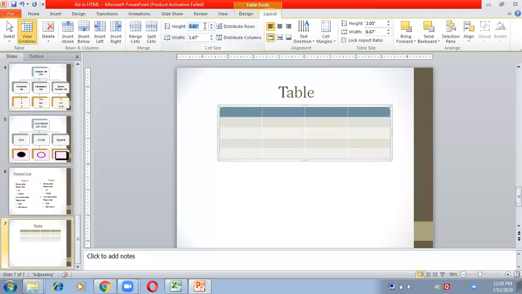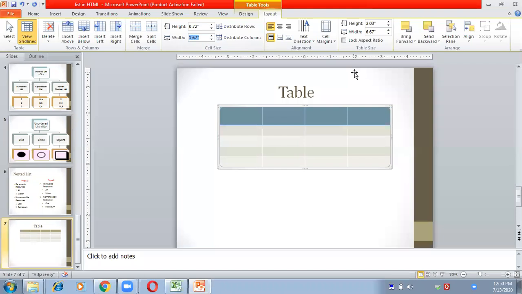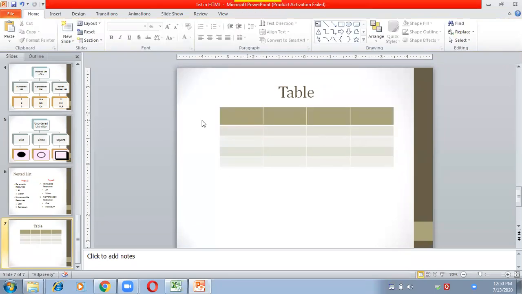Suppose right now it is 0.41, so I'm going to make it 0.72, and the column width I'm going to make 1.70 and enter. So the cell or the row which I have selected will change only for that.